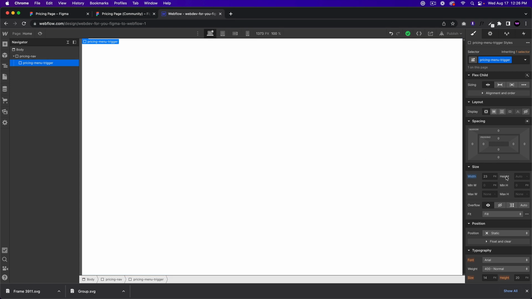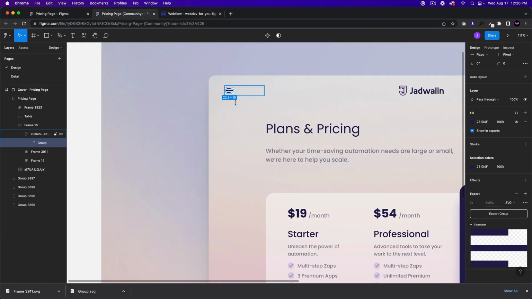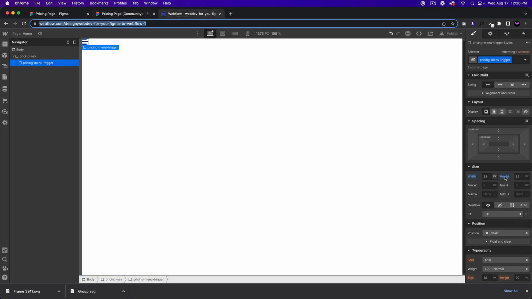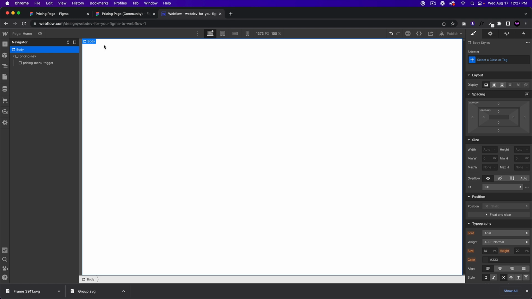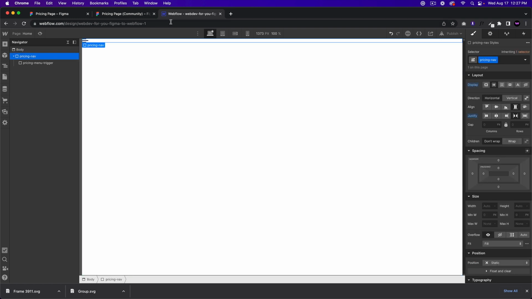And the height should be auto. Okay, so 23 by 23. 23 by 15. Something like that. Okay, so we can't really see it because it's really small up there. But I'll go ahead and add